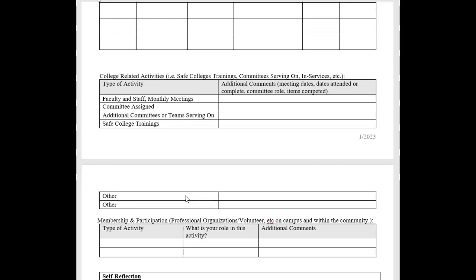So I know, for instance, in this calendar year for 2023, we are going to start having some trainings related to our upcoming accreditation site visit. When we complete those, you will put those here with your college-related activities.